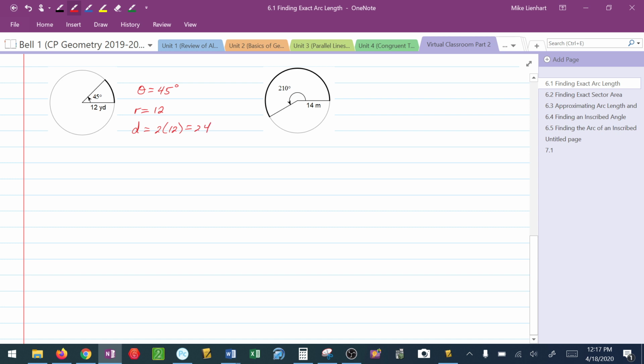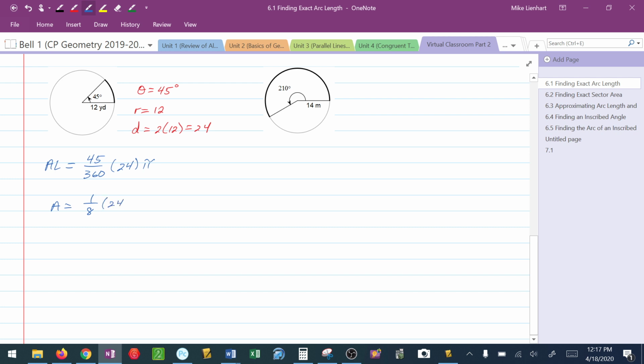I take that information, I go to the arc length formula. Arc length is 45 over 360. That's the fractional part of the circumference, times d pi. And again, don't forget to label this. Now, 45 over 360 can simplify pretty easily. If you look at that breaks down to, because 45 goes into 360, this is going to give me an arc length of 1/8